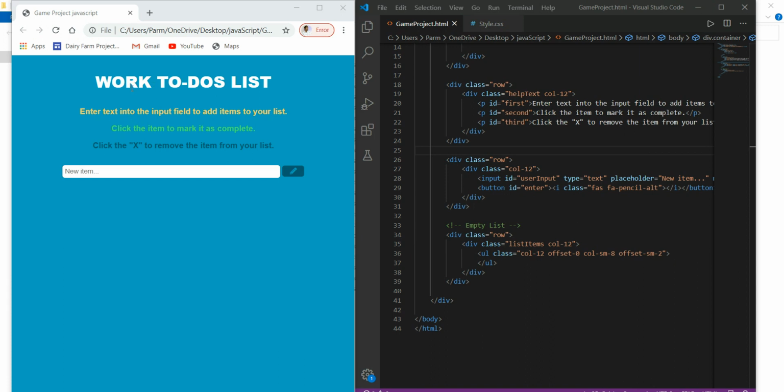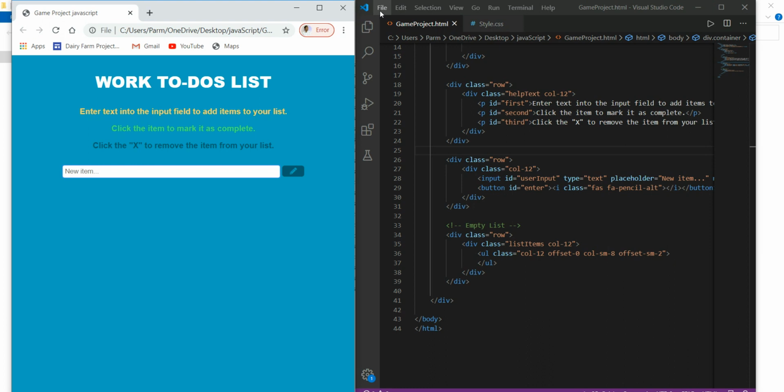Here we have to understand that we are going to create a to-do list in which we have to enter some list items over here. Either we press the enter key or we click on this button, and that list item will be entered over here as an unordered list. Okay, so that is our task. We have to create the elements using JavaScript, and create an unordered list in this page using the concept of JavaScript.